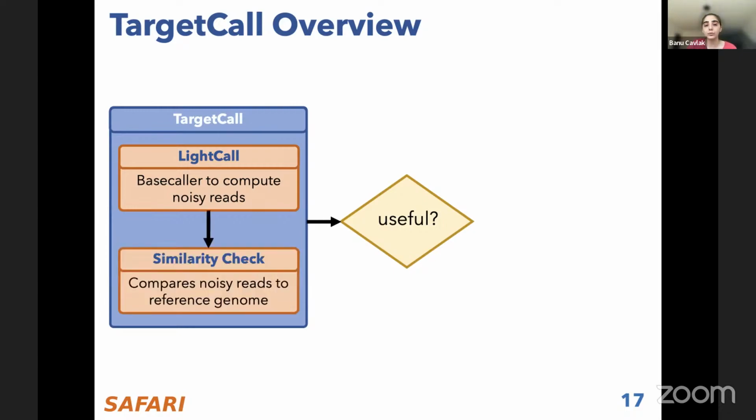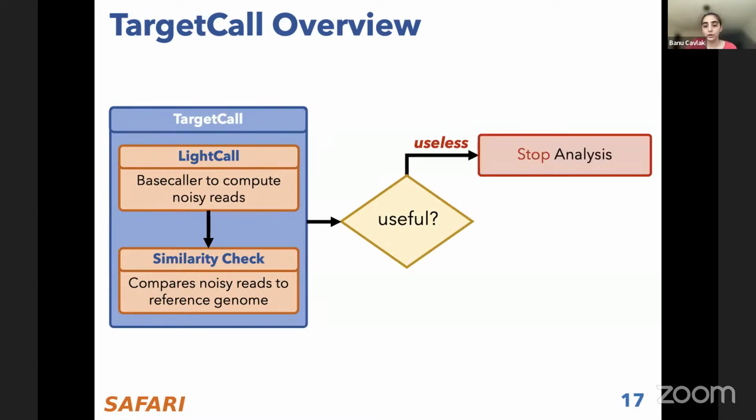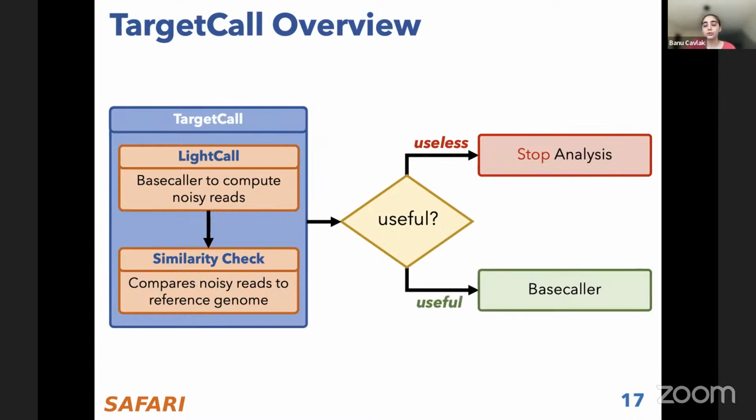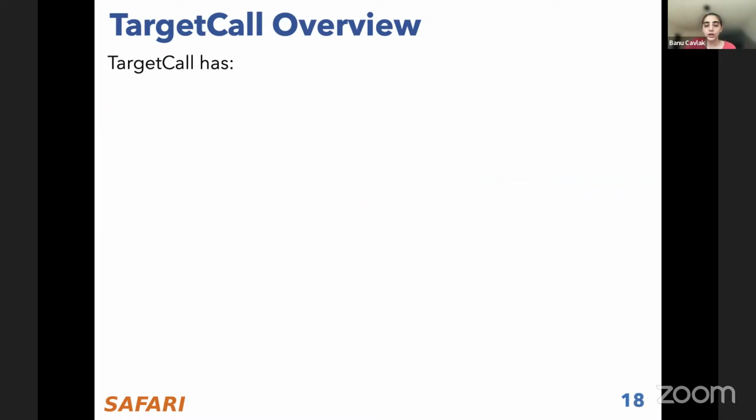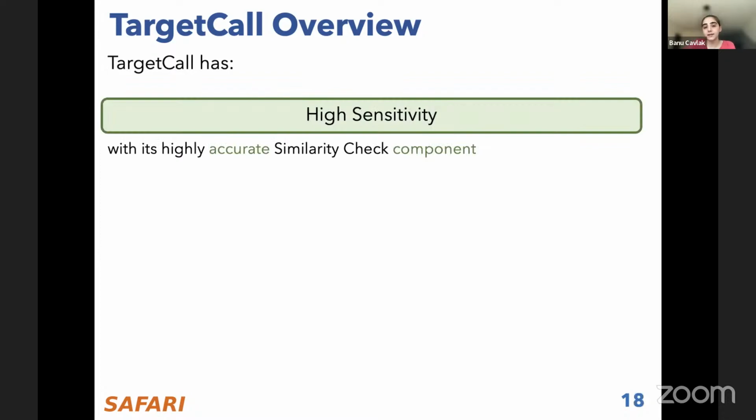After LightCall computes the noisy reads, there's a second step, which is the similarity check component that compares these noisy reads to the reference genome to predict if the read is going to be useful. And as I said before, anything that is useless is discarded from further analysis in TargetCall. Anything that is useful is forwarded to the base caller so that we maintain the base calling accuracy for the useful reads. In contrast to the prior methods, TargetCall has high sensitivity because we have a highly accurate similarity check